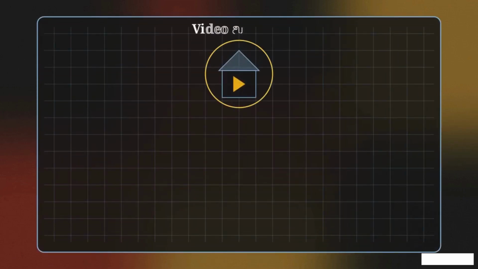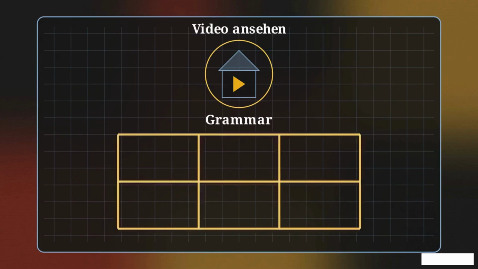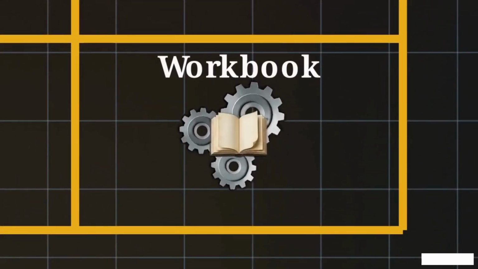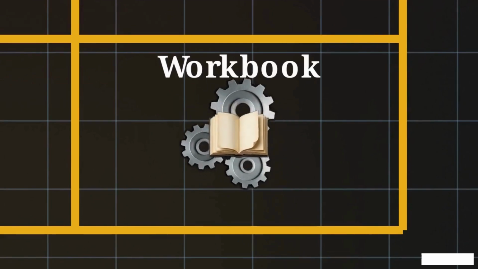Notice that the very first step is Video Ansehen, which means watching the video. This is the tool we use to deliver your initial instructions and introduce new concepts. Next, we add the grammar. These are the structural rules, the load-bearing beams that hold the German language together so your sentences don't collapse. Finally, we move to the workbook. This is your active workspace, where the actual hammering and nailing happens, allowing you to apply the knowledge you just